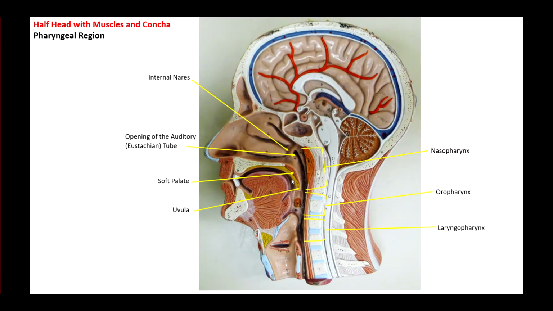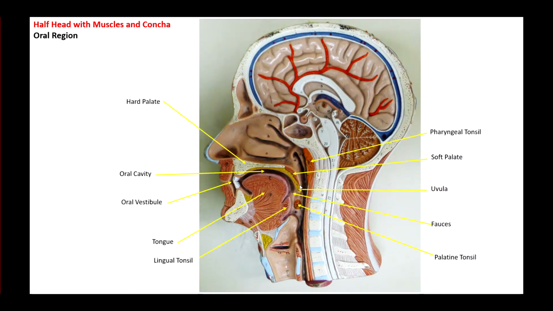This would be the soft palate, right? And that little punching bag at the bottom of the soft palate, when you look in somebody's mouth, that is the uvula. Also in the nasopharynx, I have it labeled on this slide. This little piece of tissue right here is the pharyngeal tonsil, also known as the adenoid. Right, so again, here's the auditory tube opening. Here's the adenoid. Right, on this one, I have the hard palate labeled, soft palate,